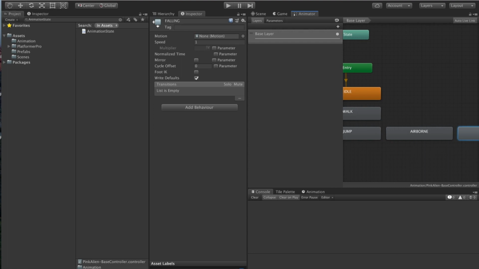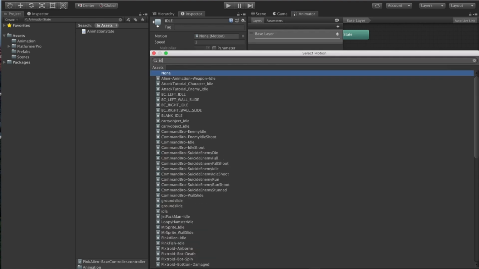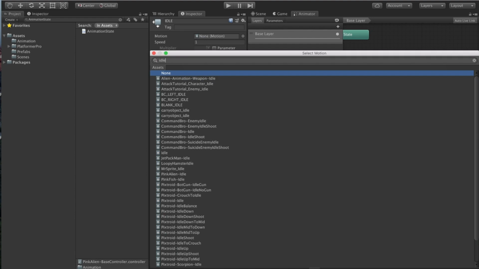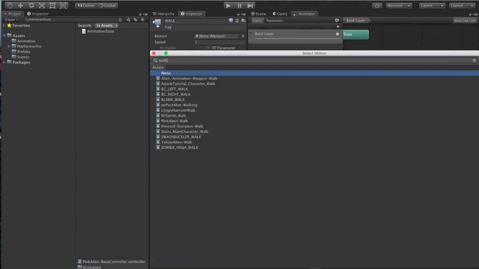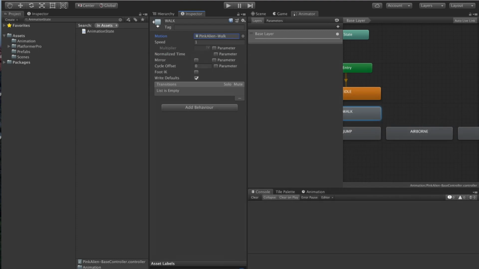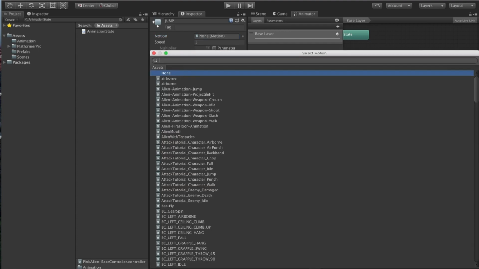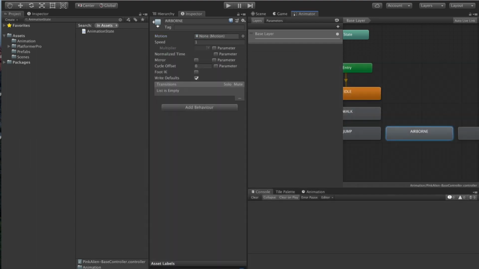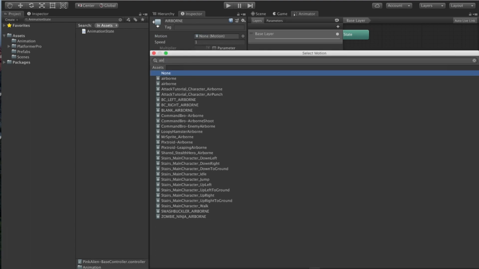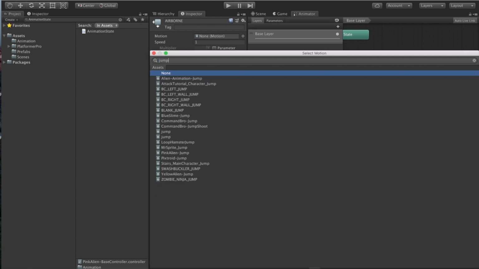For each of these states, we need to assign an animation. We won't create the animations again. Let's just find the existing animations. So we don't have a separate pink alien airborne, but we can just use the same jump animation.